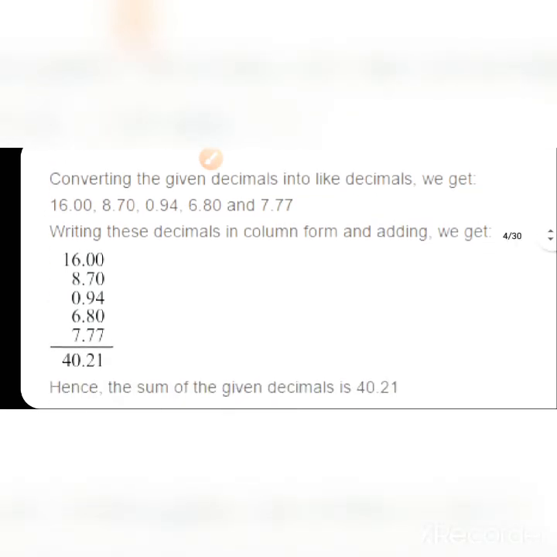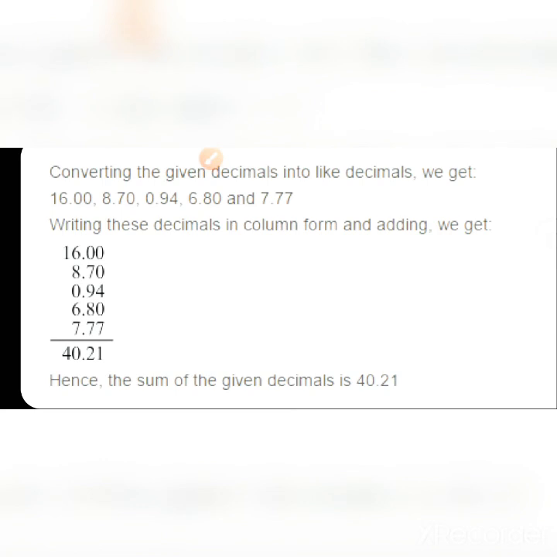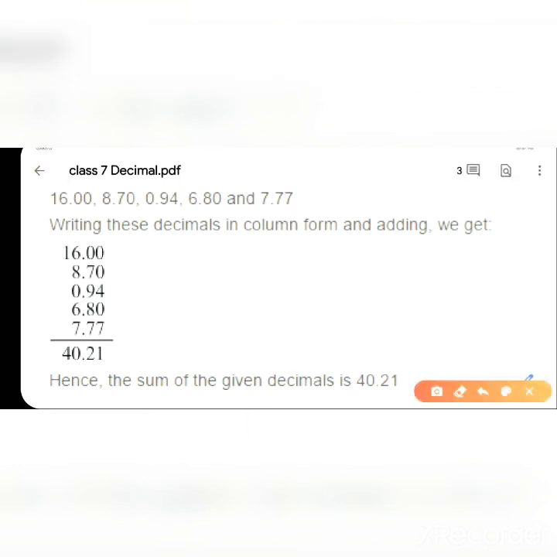To add the given decimals, the first step we need to do is to convert them all into like fractions. We must notice that to convert them into like terms, you need to have the same number of digits in the decimal part. This add has been done for you. The number which has the greatest number of digits in the decimal part is this one, or this one. So in short, we need to have two digits in the decimal part of each number.